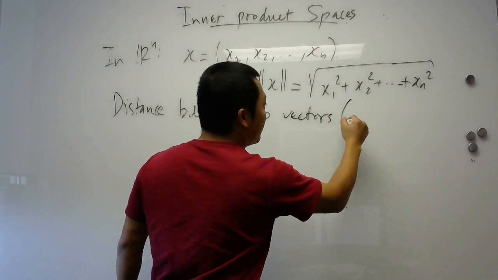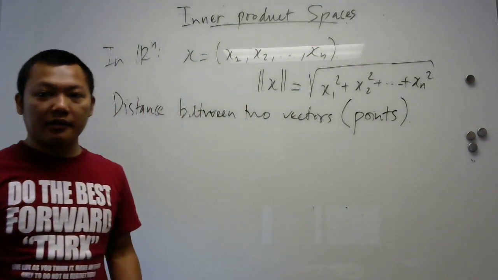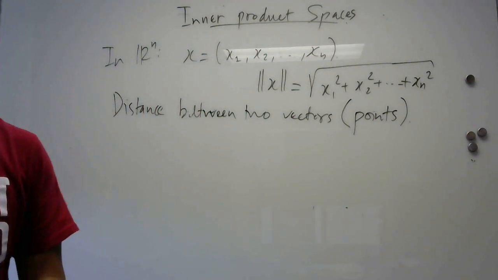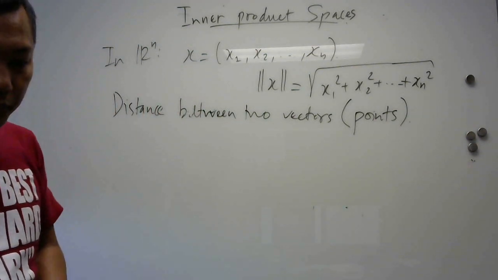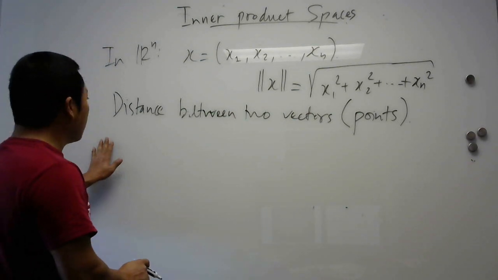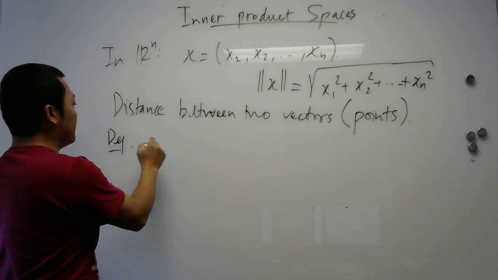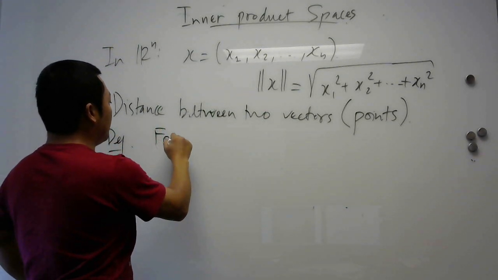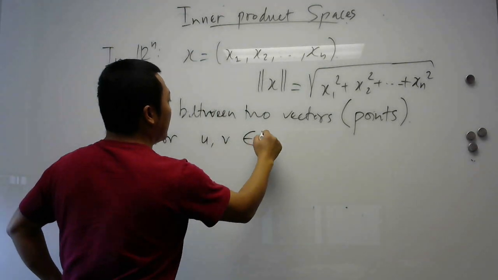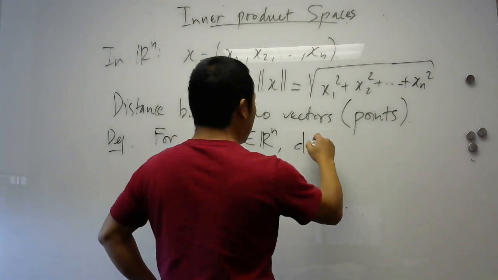I'll write in here two points, because we look at vectors as points. So now let's determine the distance. If you have two vectors u and v in Rn, we can determine the distance